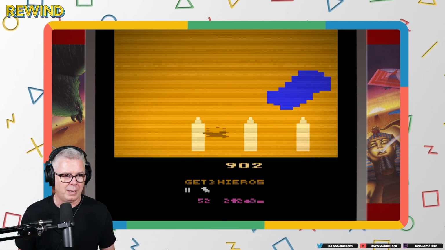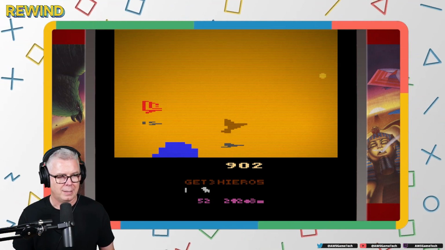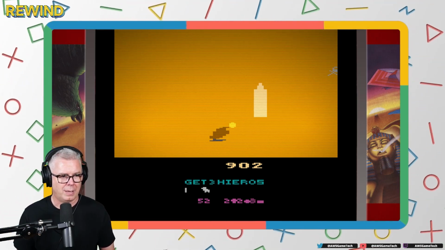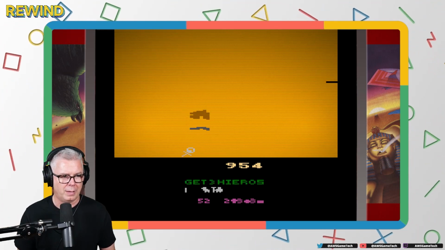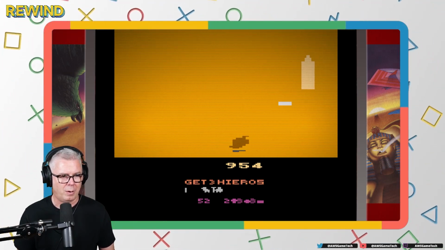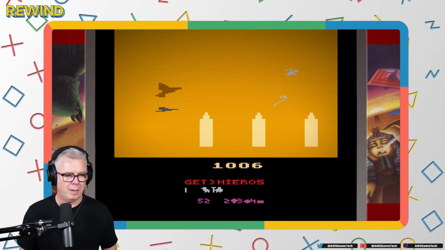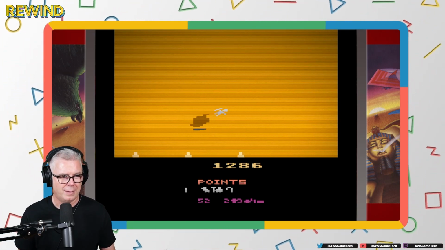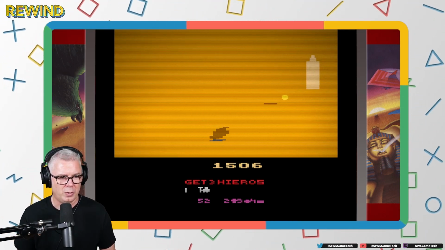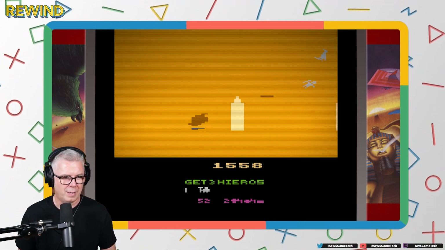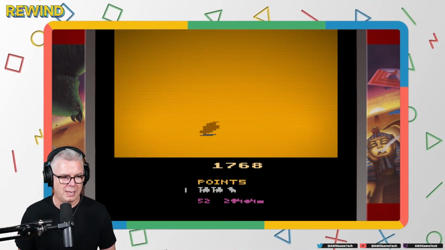What's firing at me? Oh, I needed to fly through those, and I didn't. Okay. You see how you move a lot slower when you're on the ground there? A scarab on the ground, I would imagine. That's what that is. Pretty ambitious shooter for the Atari. Okay, so up in the air, move a lot faster. Down to the ground to get everything that you need.